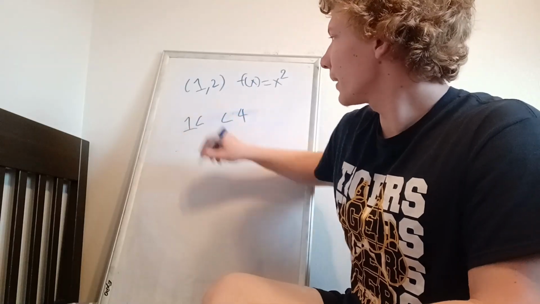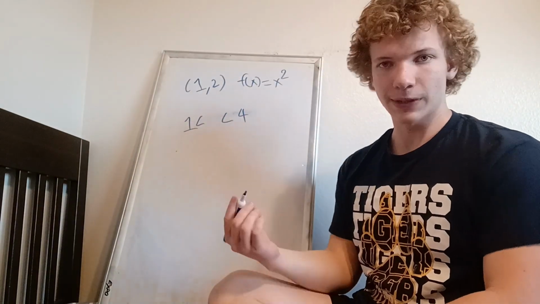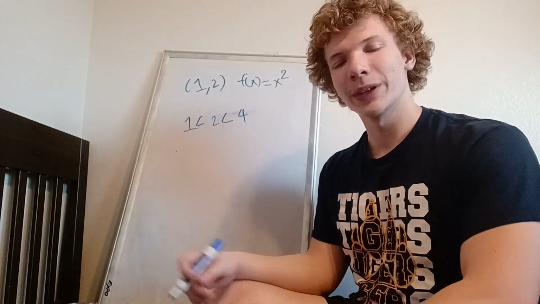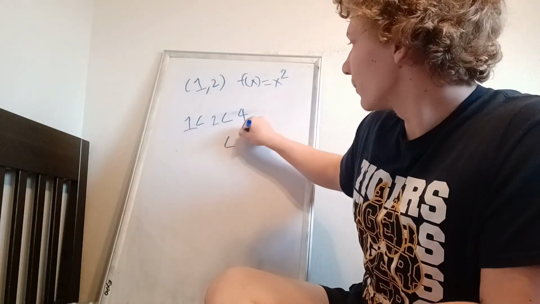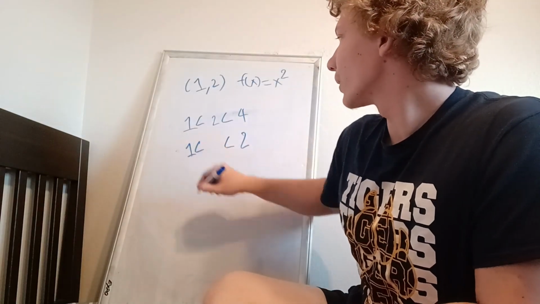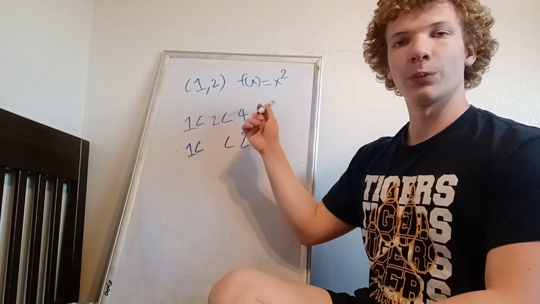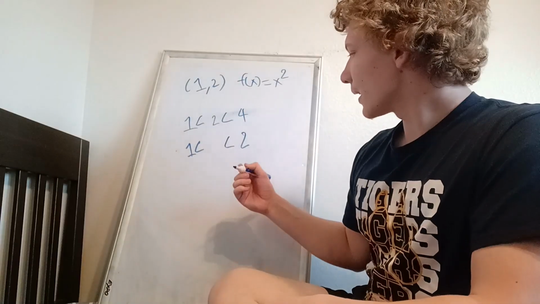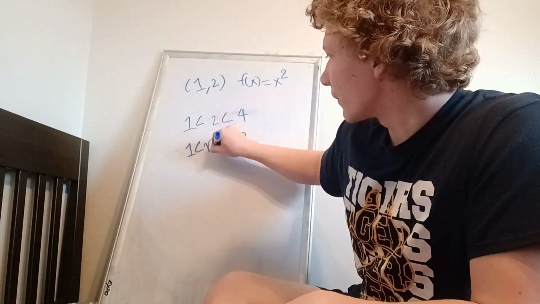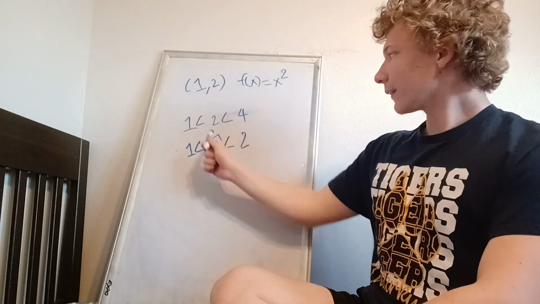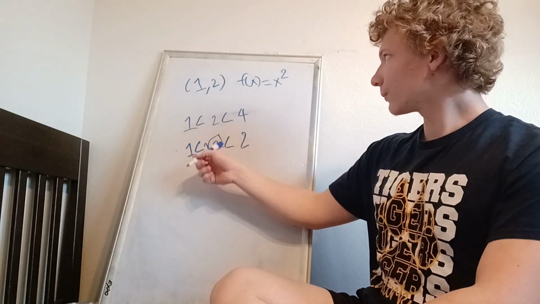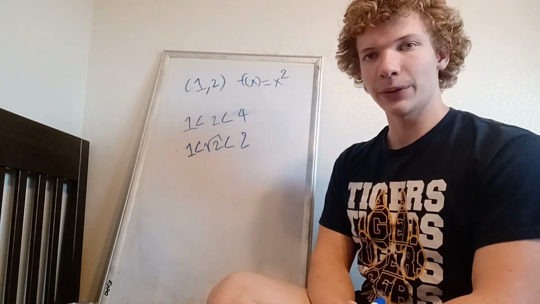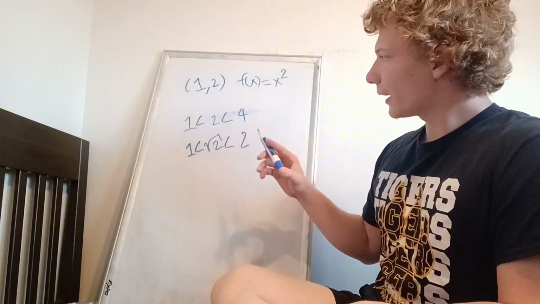So then, we can pick any value between 1 and 4. Say it's 2. 2 is in fact between 1 and 4. Then there must be some value between 2 and 1, which will give us 2 when we put it into that equation, into our original function. In this case, that number is, of course, the square root of 2. Now, if we chose 5 here, then to get there, we'd need the square root of 5, which is not between 1 and 2. The whole idea of the intermediate value theorem is that there must be a value only